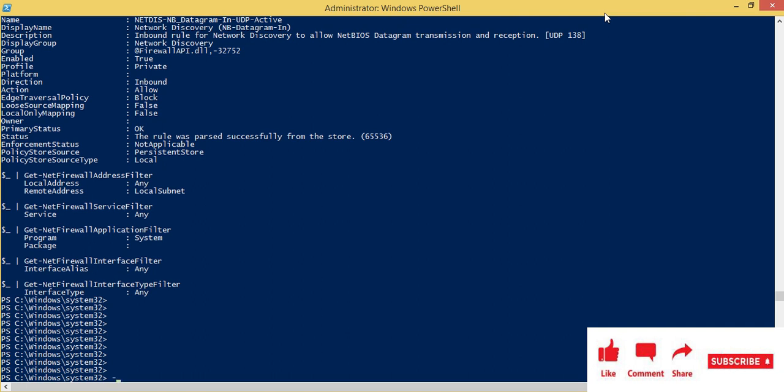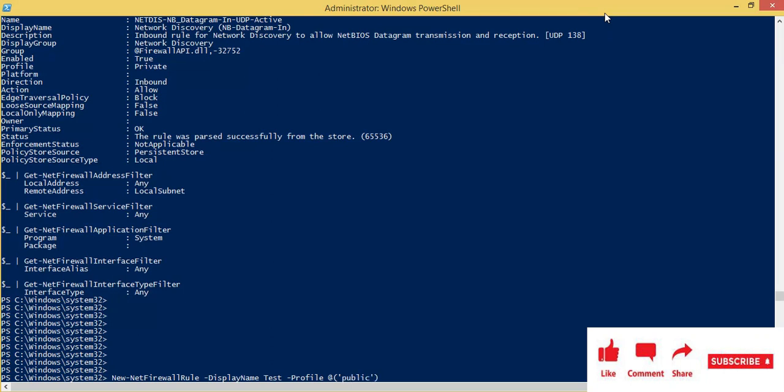To create a firewall rule, you have to type New-NetFirewallRule. After that you have to give one parameter, which is -DisplayName. For example, I'll give the display name test. The second parameter you have to give is -Profile, and to give the profile, either private or public, we first have to enter the @ sign, start the bracket, put inverted commas, and end the bracket. Here you have to type the profile name. I'll give